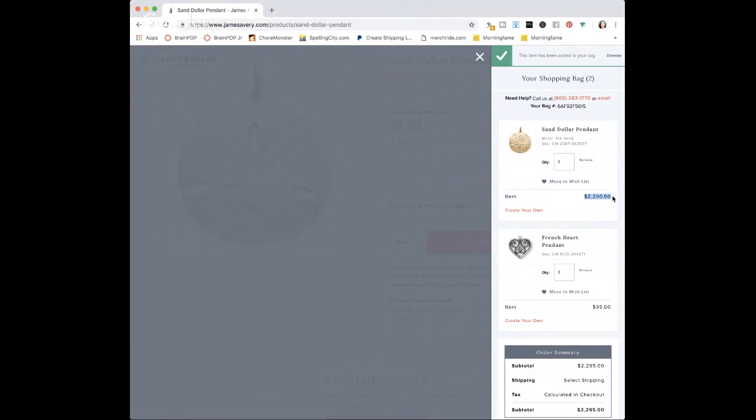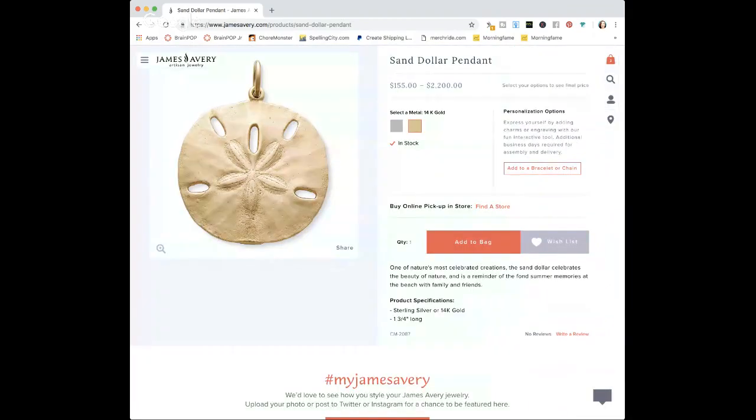Just the sand dollar pendant is, can you guys see that? Oh my gosh. Just the sand dollar pendant is $2,200. I mean, it's gold, right? I did not buy it, but that's what she was saying. But I think even just the chain, for 500 bucks for that pendant with the chain,